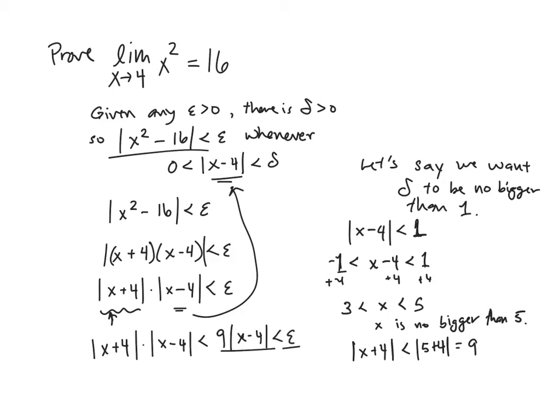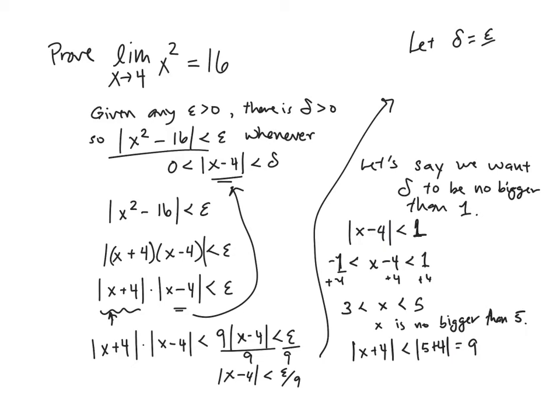And then I can divide both sides of this by 9 and get the absolute value of x minus 4 is less than epsilon over 9. So I ran out of space to put my answer. I'm going to say let delta be epsilon over 9 or 1,